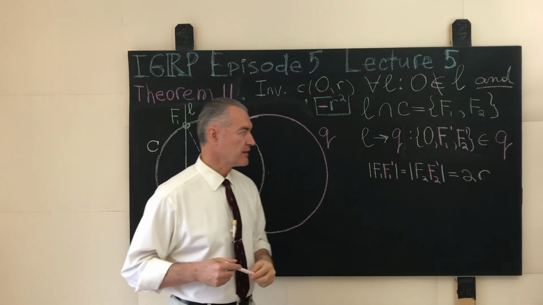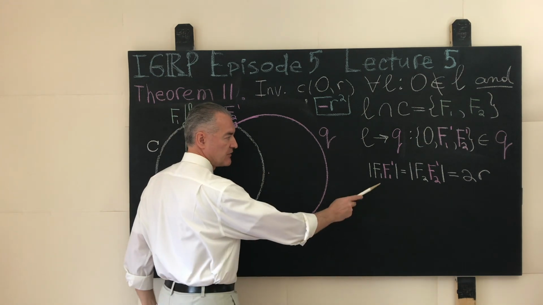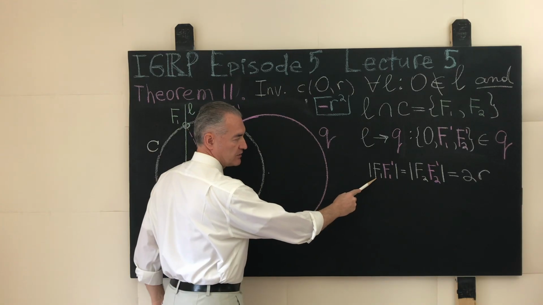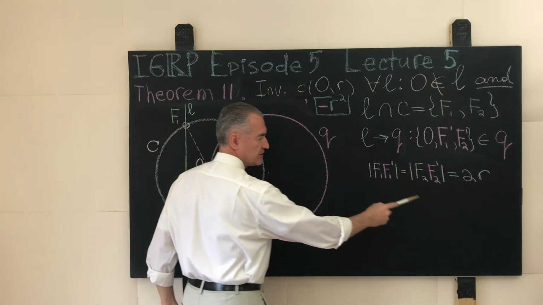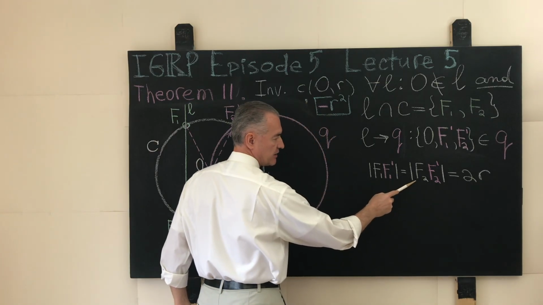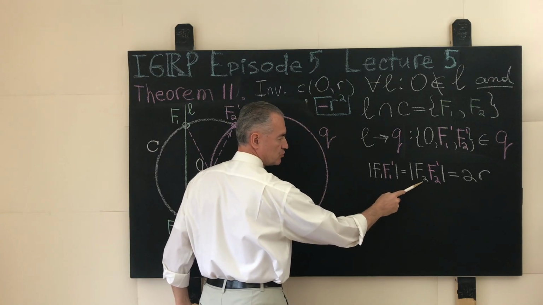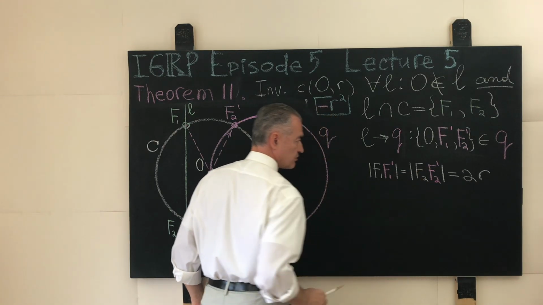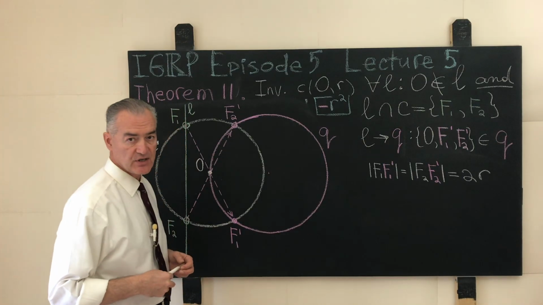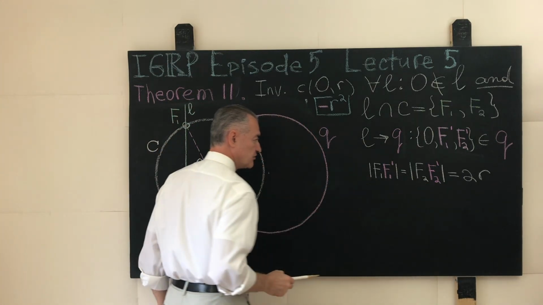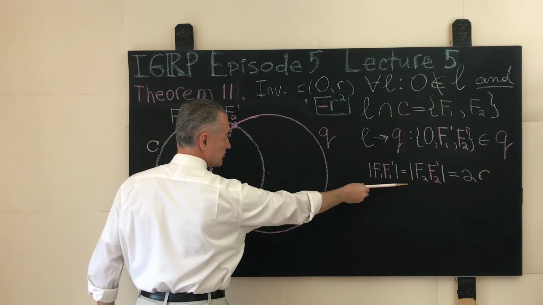Symbolically, I captured it here with the fact that the length of the line segment F1F'1 is twice the radius of inversion, which is the same as the length of the line segment F2F'2, which is also twice the radius of inversion, which is to say that both of these line segments contain the center of inversion,